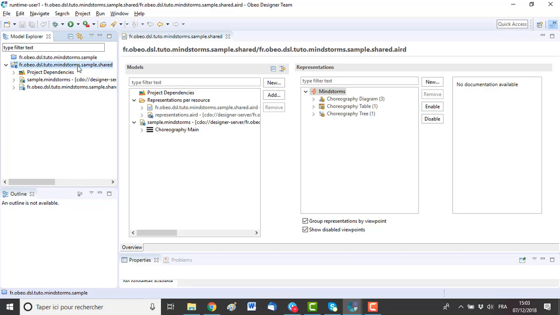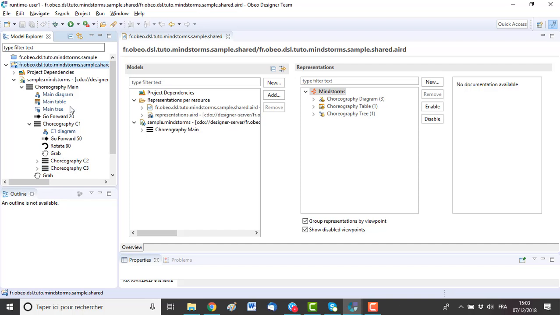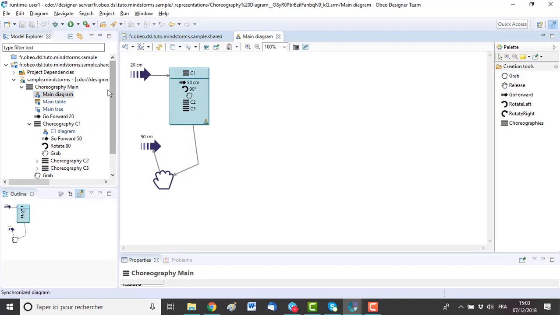So this shared project allows me to see the diagrams and the data which are on the server. So for example, if I open the diagram, you can see here a small decorator, which means that this representation is not on my computer but on the server.